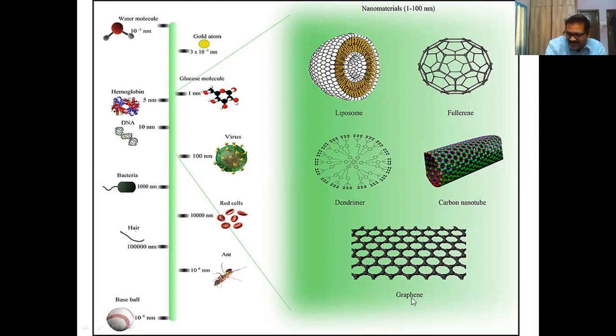So graphite is a fully saturated molecule in some particular hexagonal structures. When double bonds are there, then it becomes graphene. It's a double bonded graphite. We can call it graphene. So it is a two-dimensional sheet like. This is spherical in nature, and this is a tube in nature.